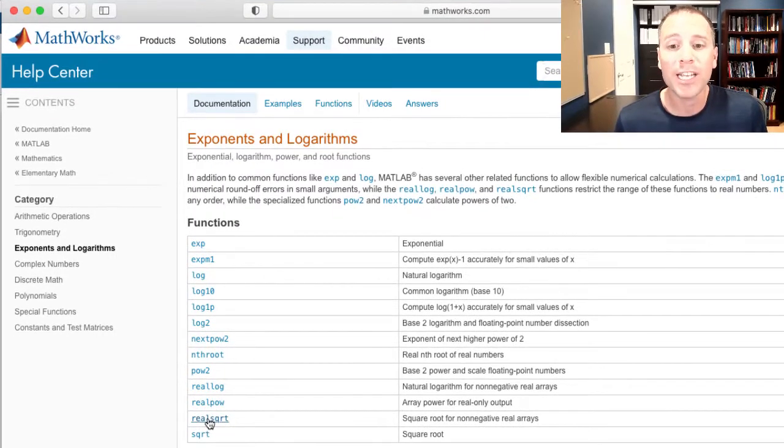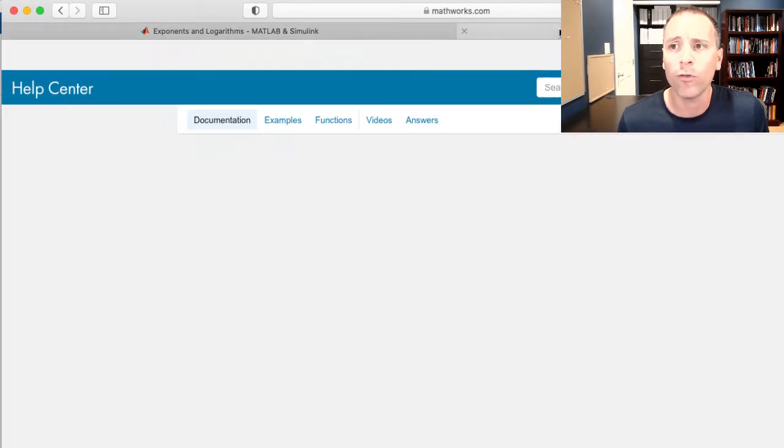So say, for example, that I wanted to take the square root of a number in MATLAB. Question, how could I do that? Well, we see that exponents, square roots is like some number to a 1/2 power. That's kind of an exponent or a power. There are two different square roots here. If we were to read the description of what these functions do, there's something called square root and real square root. We're not sure which one's which. Let's go ahead and start with real square root first.